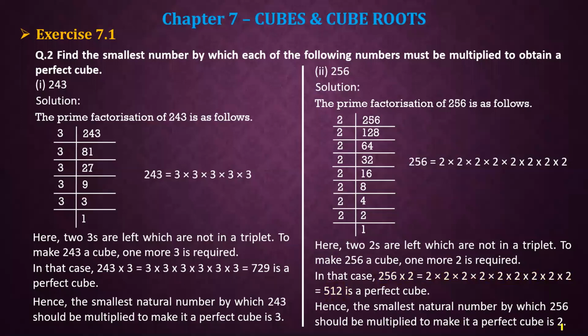So we multiply it by 2, then we get the perfect cube number, and that perfect cube number is 512. In this way we can solve the examples in which we are finding the smallest number by which the following number should be multiplied to obtain a perfect